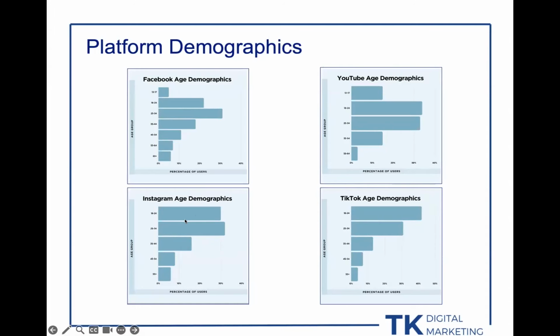Instagram tends to be kind of in the middle of Facebook and TikTok. Instagram is a lot of millennials, which is what I am. I'm 38, so I fall right into the millennial category. Facebook over the years has shifted to an older demographic, and then YouTube. YouTube is probably the most balanced one of them all.